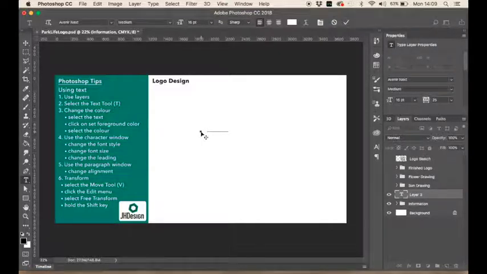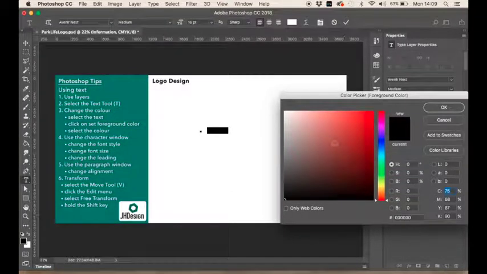Now straight away you can see that it's not appearing. So it's really important that we understand how to colour text. So if I double click, you can see that it is highlighting my text. And then to change that colour, I simply come down to the bottom left and I click on Set Foreground Colour. And it will bring up my colour picker and I can choose whatever colour I want it to be. For now I'm going to stick with black, so I'll make sure it's in this bottom left corner